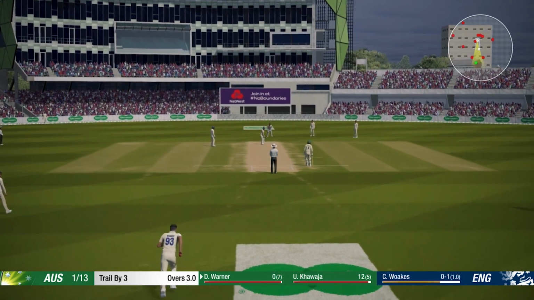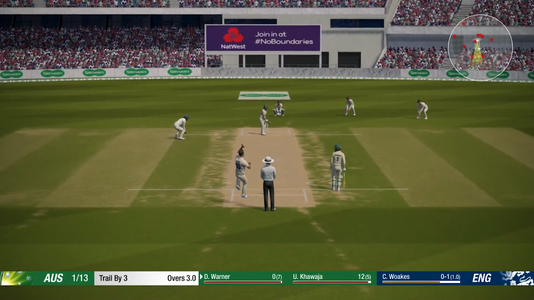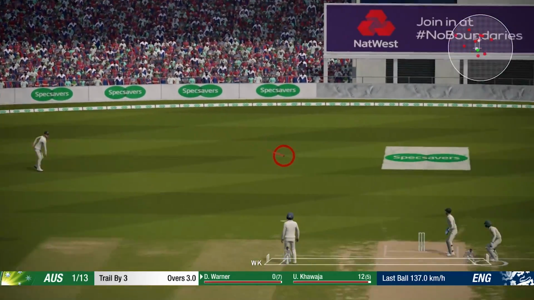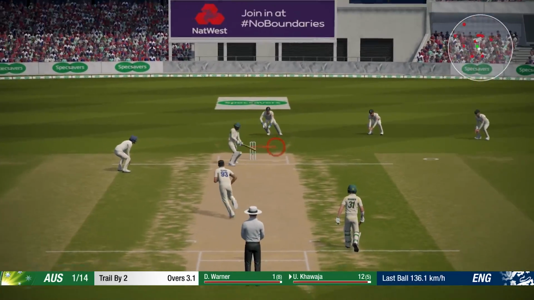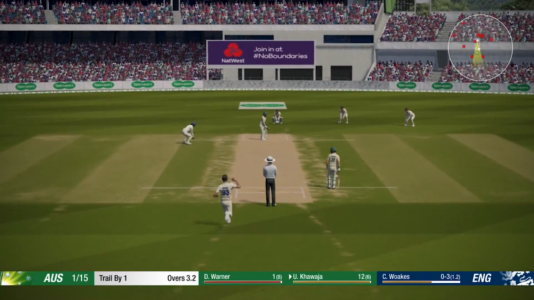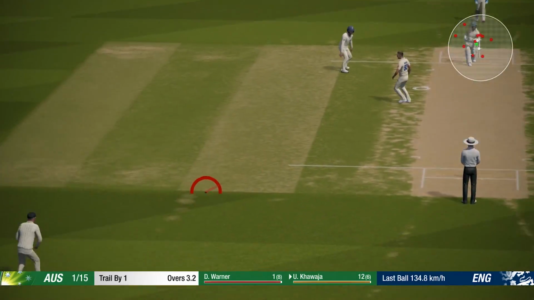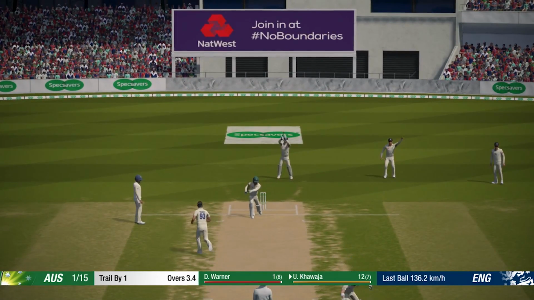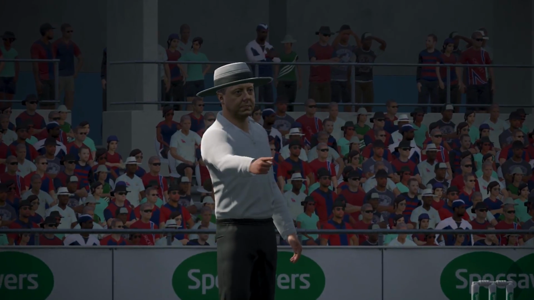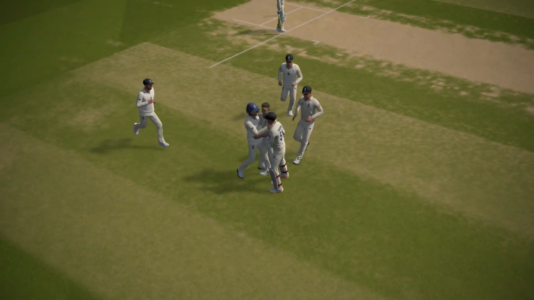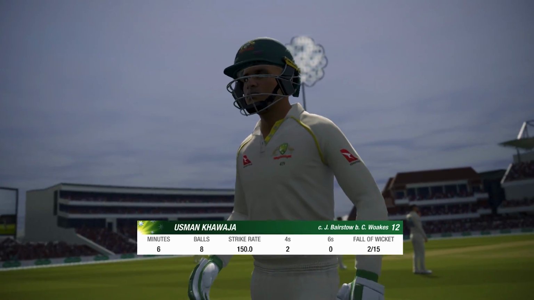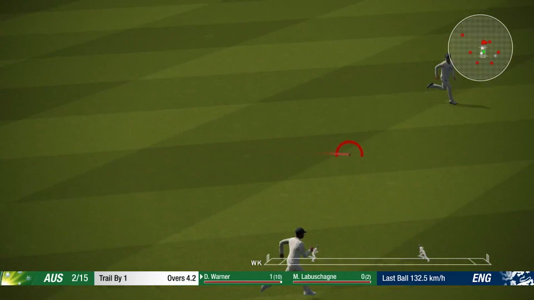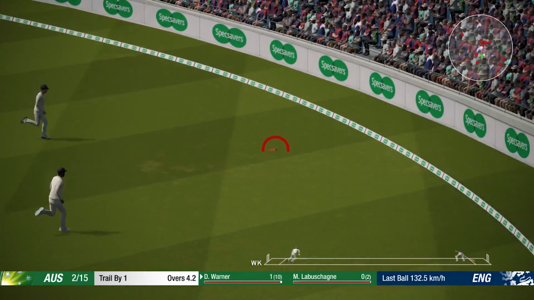Woakes to Warner. So it's 4 to win, actually. As he tips this one away to the onside. Khawaja getting that to the offside. No run. Driving again. So they are trying to get the last 2 runs here, the Australians. That's an edge. Khawaja's going to have to go. He was trying to play a little too aggressive, driving a ball that should never really have been driven. He's gone for 12. And it'll bring Marnus Labuschagne to the crease. But it won't matter from his perspective because David Warner has hit the winning runs.